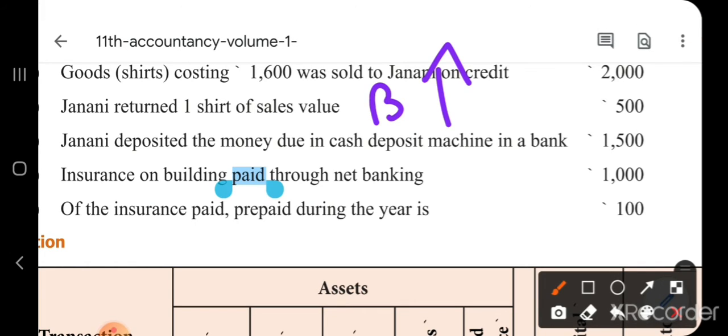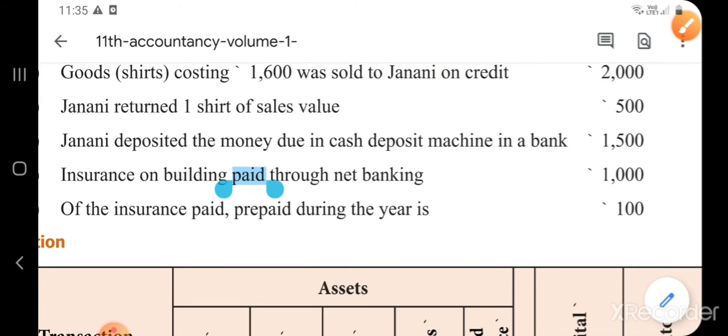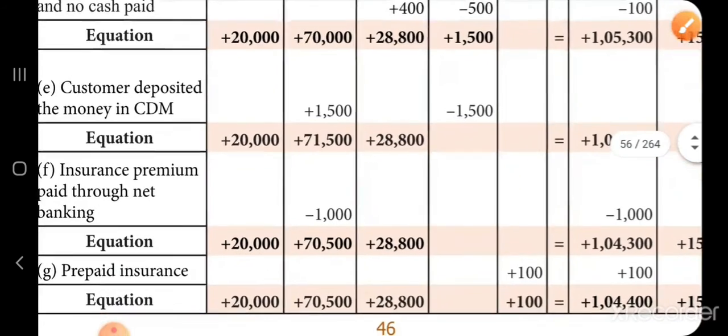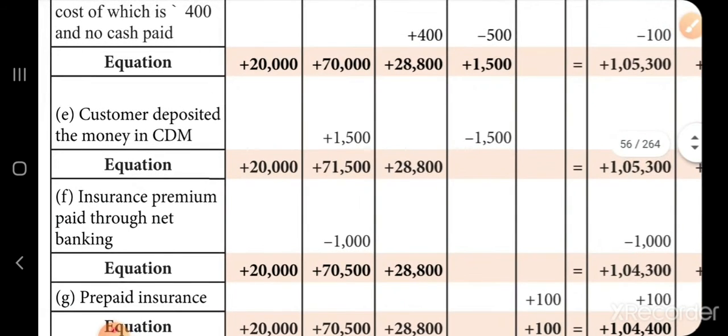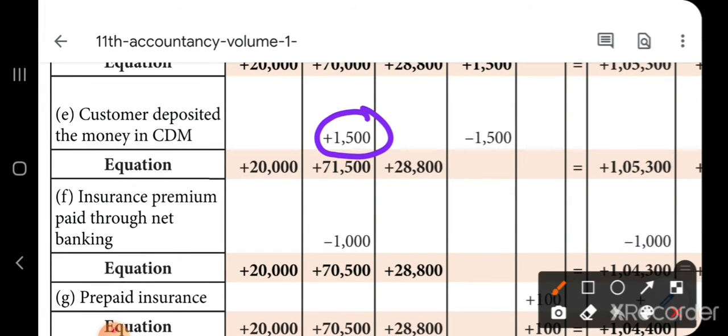When customer has settled, you will close the account to that extent. So your debtors account will get reduced. So bank will increase. See here, bank will increase by 1500 and your debtors will decrease by 1500. Next one is